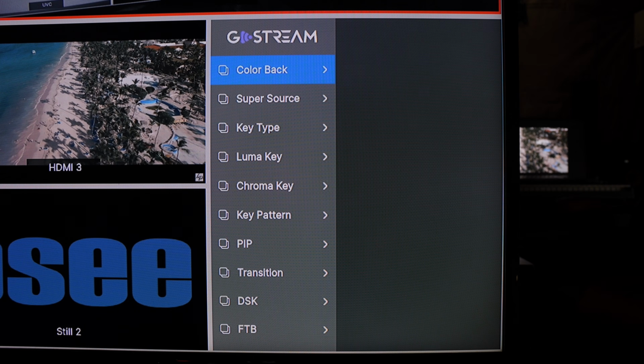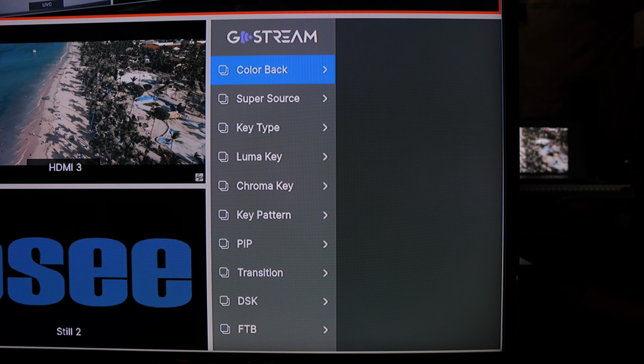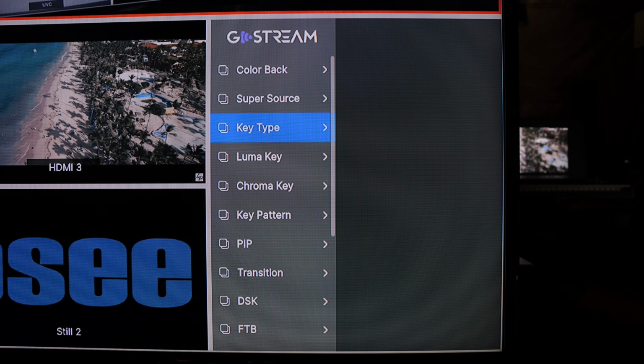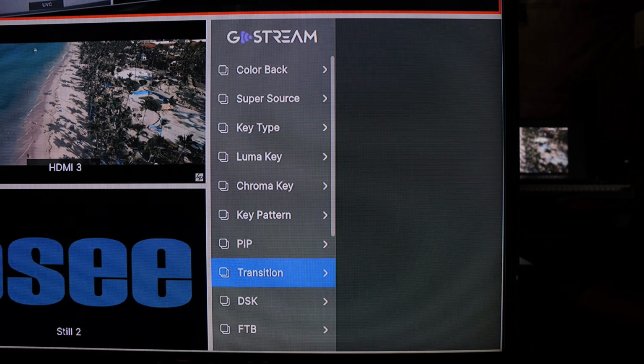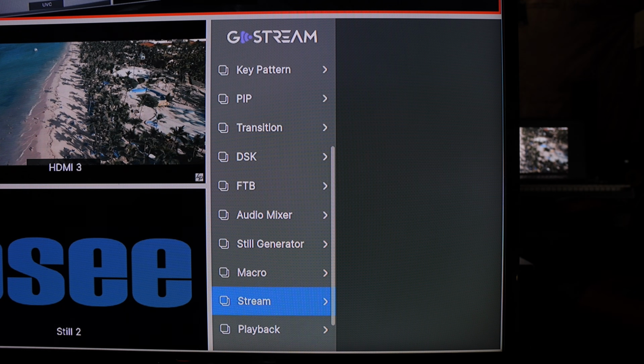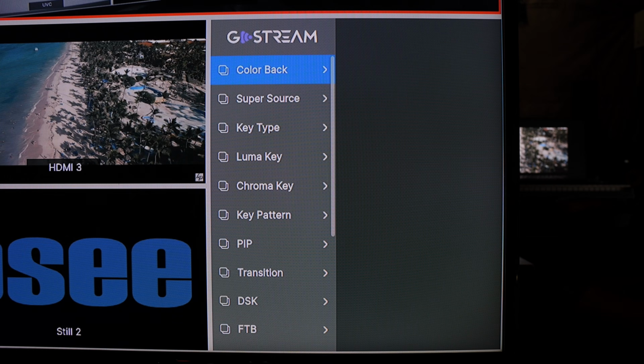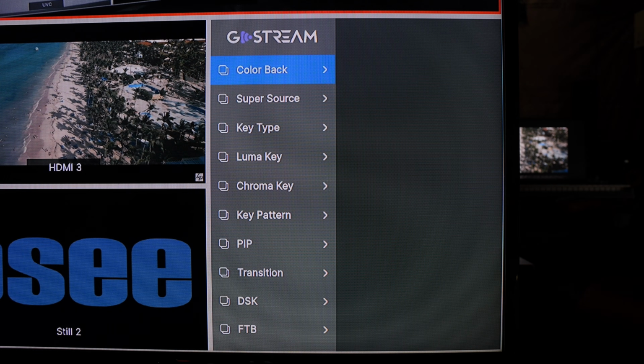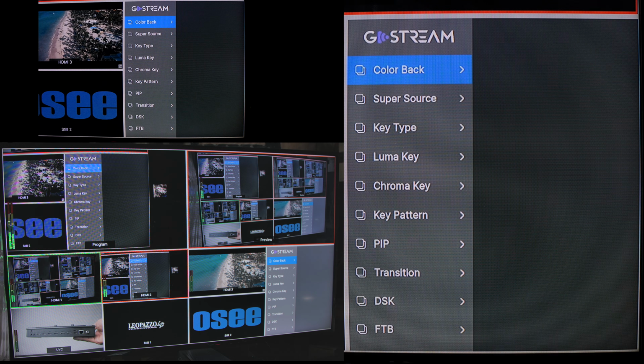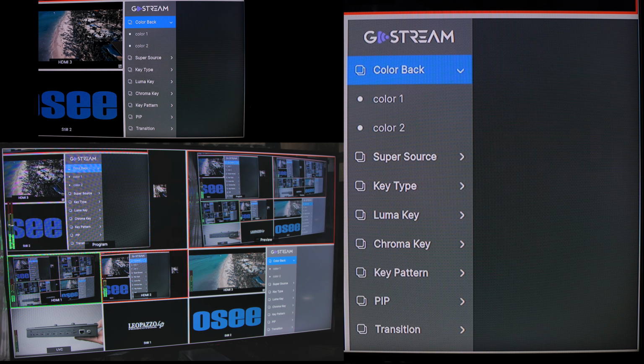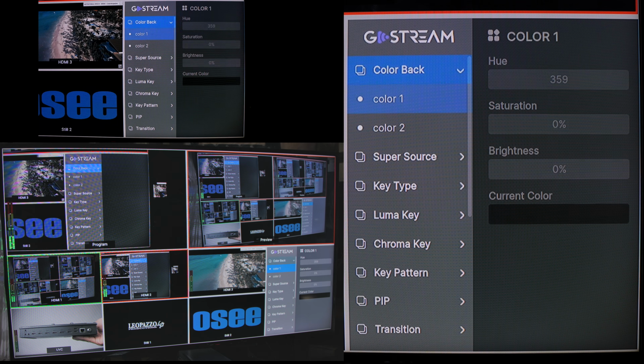And we're going to use the dial right above the menu button to scroll through all of these options over here that we have within the menu. We're going to start at the very top under color back, which is color background. For us to select this option, we're going to need to press down on the dial. So I'm going to press down on the dial to enter in right here to change the